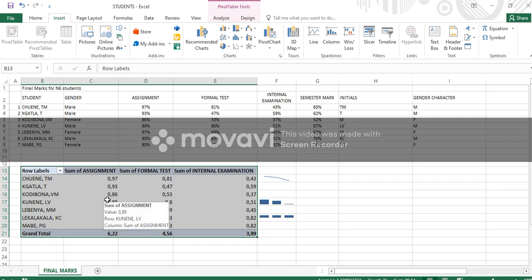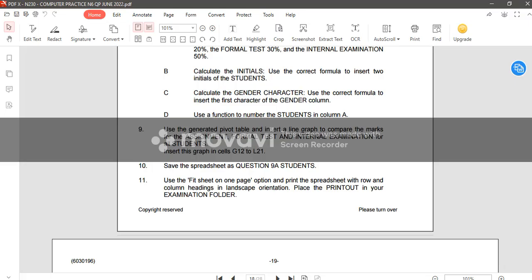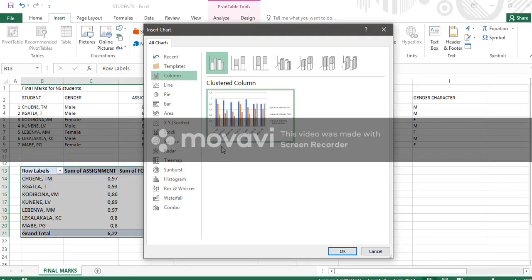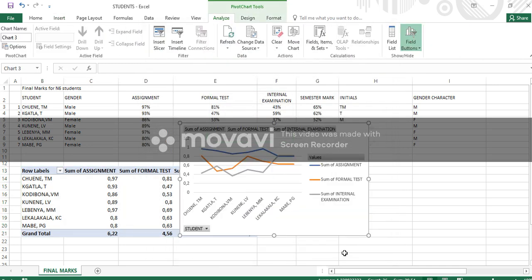Then you're just going to highlight this one, the generated pivot table. Then you're going to click on recommended charts. You see recommended charts. Then we check the instruction set inside the pivot table and inside a line graph to compare the marks. So we just get here on recommended charts, then you click line, then you say okay,